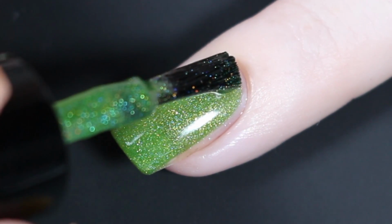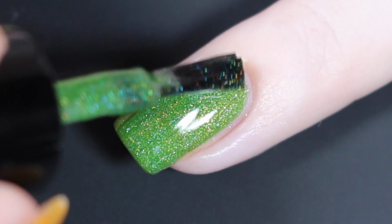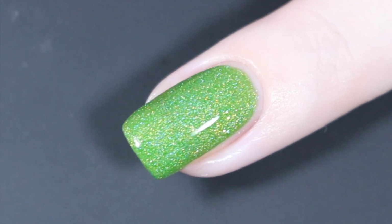So this is my third coat. I am going to go in for a nice thick third coat. In some lighting, I could still see a hint of nail line, so you might want to layer this over a green cream. I think it's really pretty on its own though,